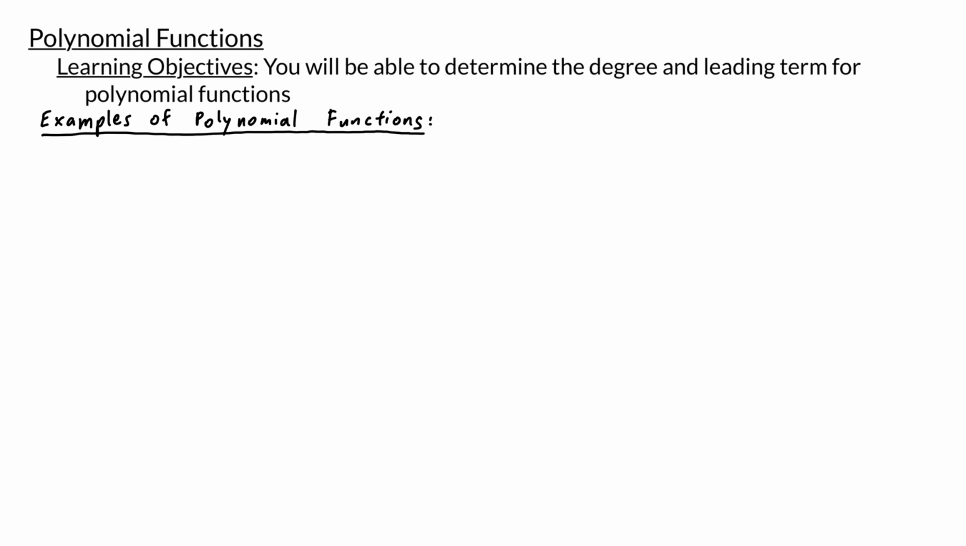Our first example of a polynomial function is f of x equals x to the fourth plus 5x squared minus 3x plus 4. This is a polynomial function because the formula that we use to get the output is a polynomial, meaning it consists of sums of powers of x. We have x to the fourth power plus some multiple of x squared plus some multiple of x to the first power, and then the 4 at the end, that can be thought of as 4 times x to the